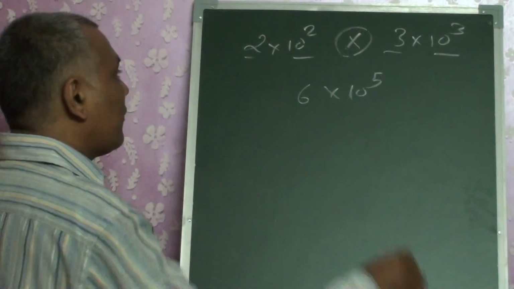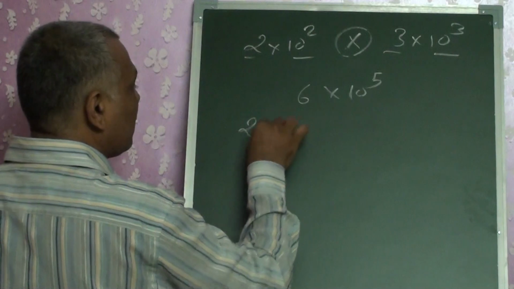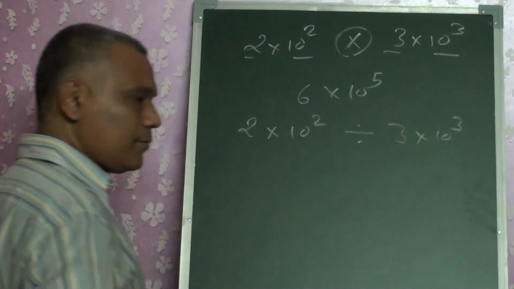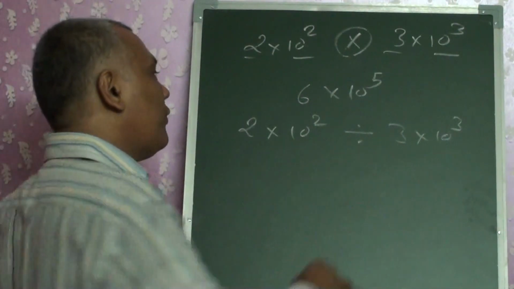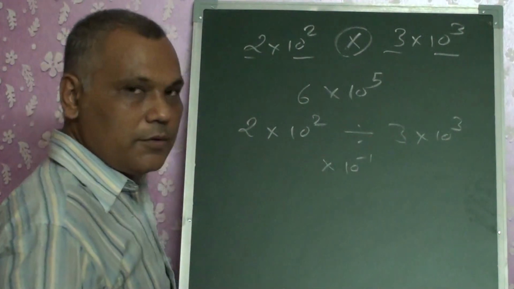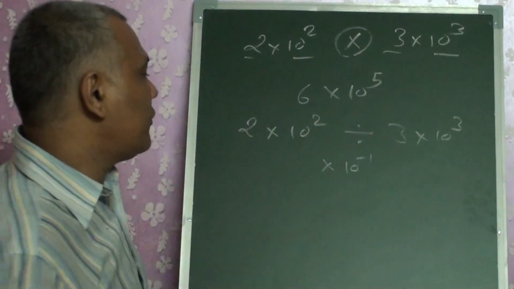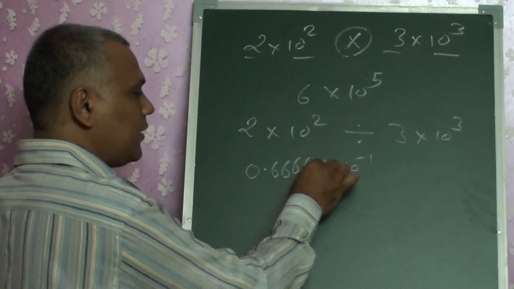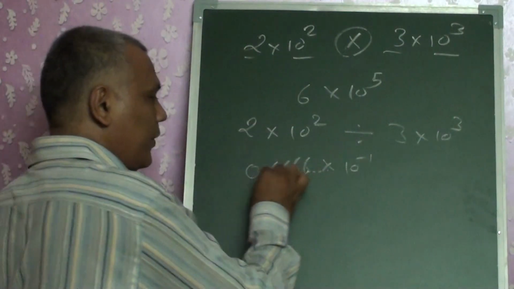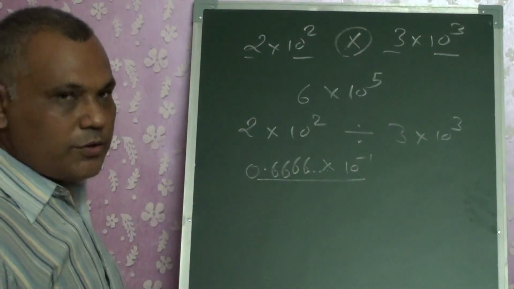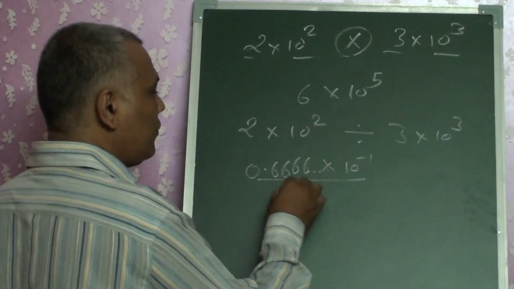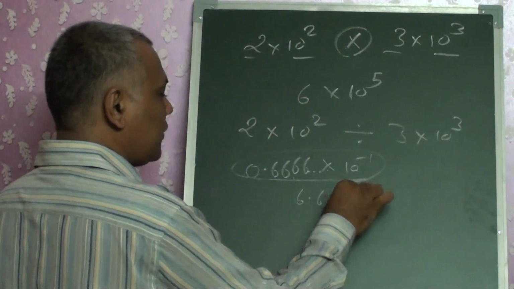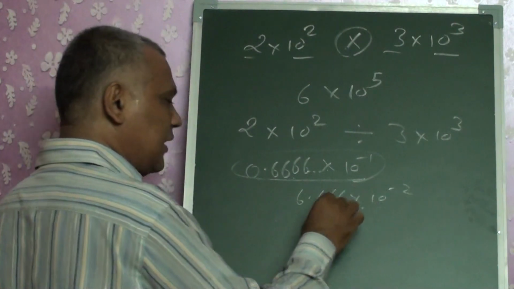Right? Similarly, when we have a division, those exponents will be subtracted and the division will be done, 2 by 6. Now this is endless. We will be getting the answer. But is it in scientific notation? No. So we want to convert it into scientific notation. So this answer will be written as 6.666 into 10 raised to minus 2. This is still recurring.